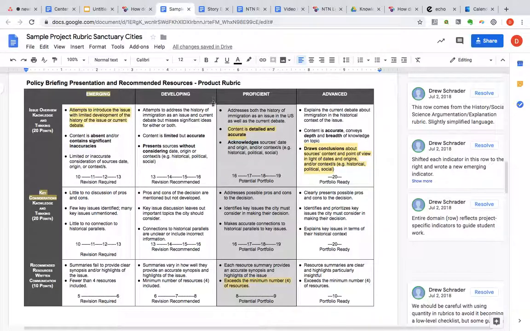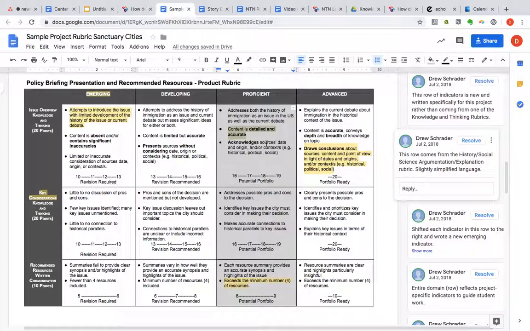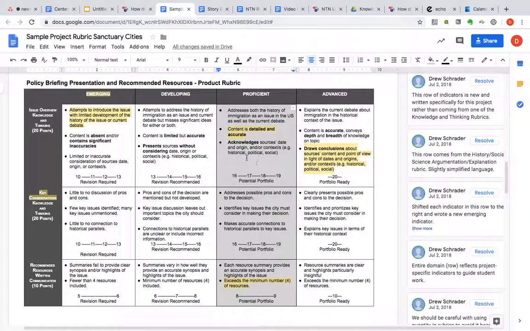Other things that you will see in the rubric: one, you will note this gray box here where we've got content is detailed and accurate. It's worth noting that one of our assumptions is that some of your indicators in your rubrics would just come straight from the NTN Knowledge and Thinking rubrics because it matches what you're doing in the project. So it comes straight from that rubric, and we took the liberty of simplifying the language just slightly,